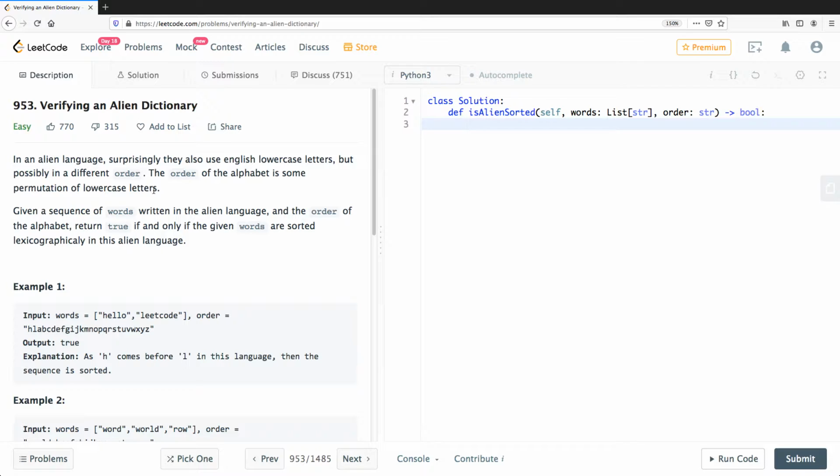What it is trying to say is that given a sequence of words written in the alien language and the order of the alphabet, return true if and only if the given words are sorted lexicographically in this alien language. What does it mean? Basically, they will give us a bunch of words, a sequence of words, and the order of the alphabet will also be given to us. That would be our input, and we have to return an output of true if and only if the given words are sorted